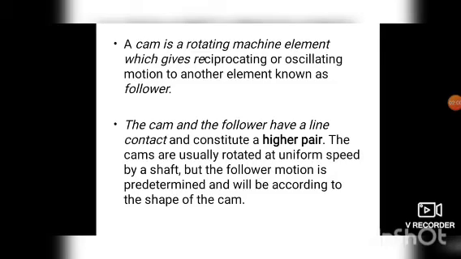The cams are widely used for operating the inlet and exhaust valves of internal combustion engines, automatic attachment of machineries, paper cutting machineries, spinning and weaving textile machineries, feed mechanism of automatic lathe, etc. So these are some applications of the cam and follower. Now in the next slide